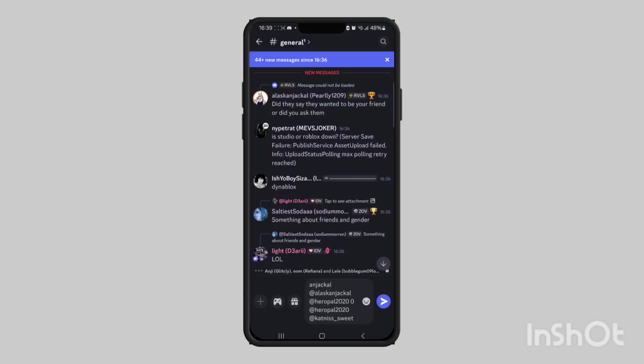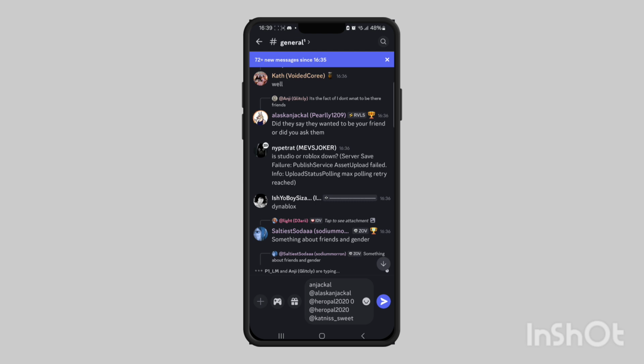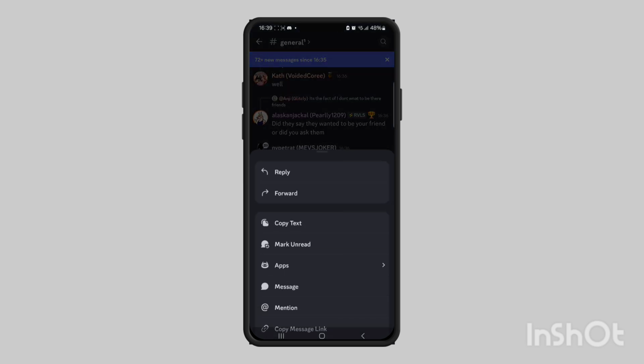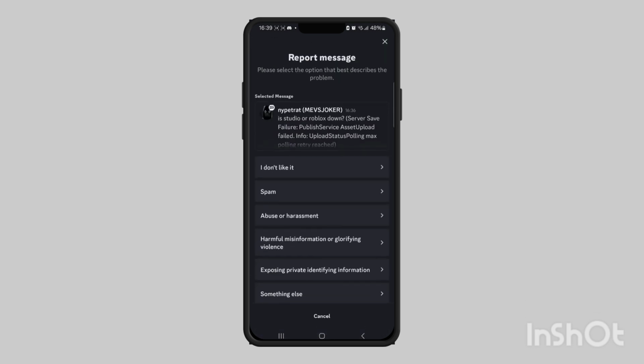In this video, I'm going to show you how to report someone on Discord for doxing. So what you need to do is come to the message where they've doxed your information, and you want to tap and hold it if you're on mobile, and press on the three dots if you're on PC, and then you want to scroll to the bottom and press the report button, and in the report section it'll ask you